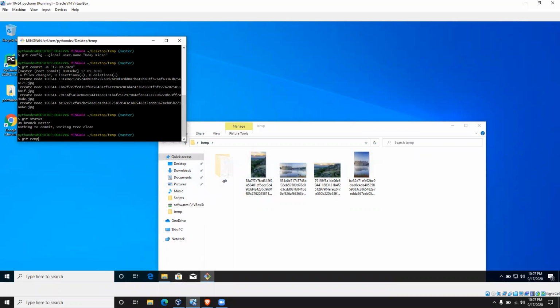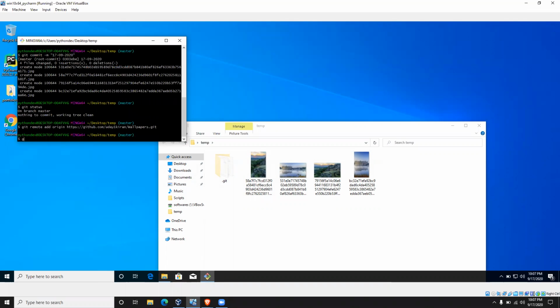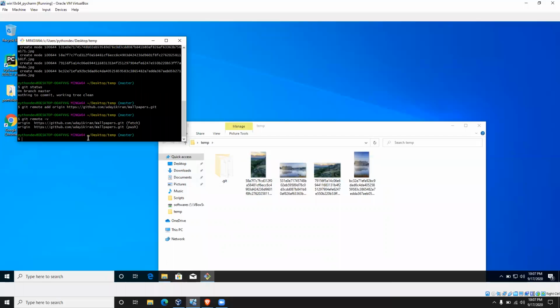git remote origin. Yeah, git remote. Now this URL I have linked as a remote link. Now we'll upload this repository there.